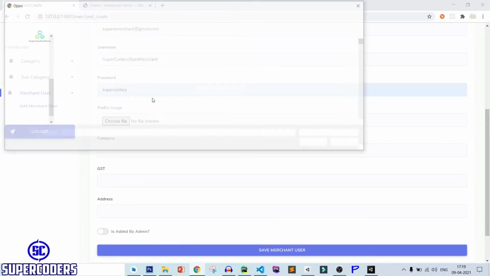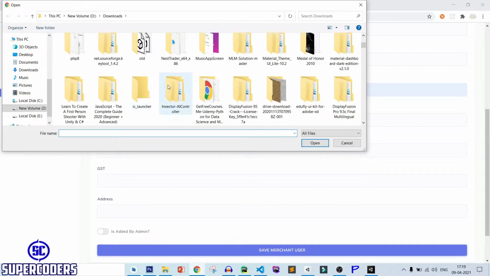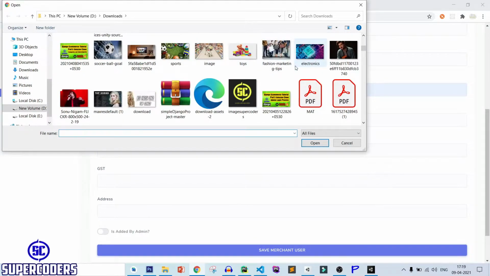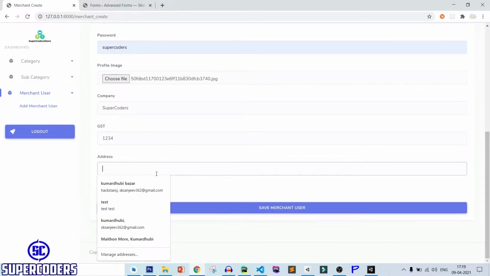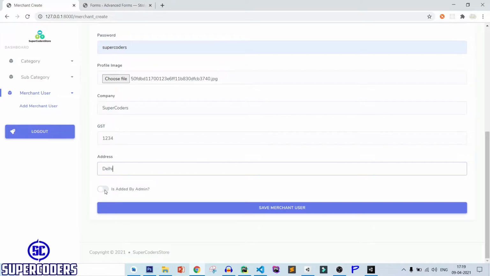Setting the profile pic. Let's select the profile pic. Select it. Company super coders. GST 1234. Address Delhi. Is added by admin ticked. Save it.